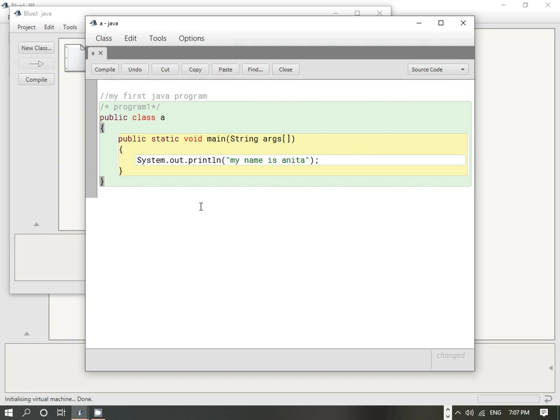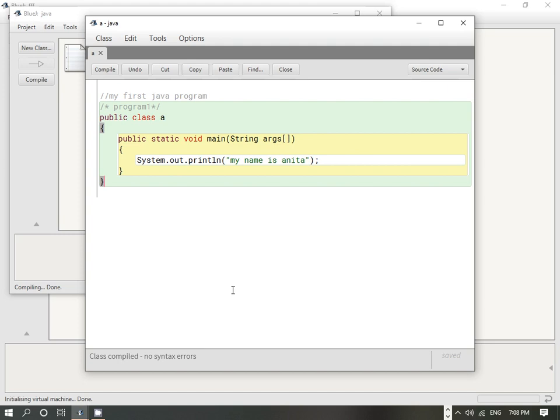First I will show you how to compile the program and how to see the output, and then we will try to understand what all terms are used in this code. So the next step is to compile the program. This is the place from where we will compile. Once it is compiled, here at the bottom you can see class compiled, no syntax error. If there is any error in your program, it will be displayed over here, but as there is no error, your compiler is giving a message that no syntax error is there. Syntax means the way of writing, so there is no error in the way you have written the program.